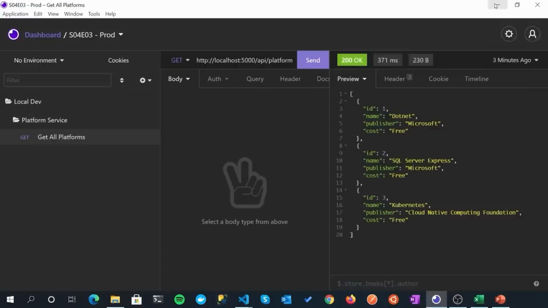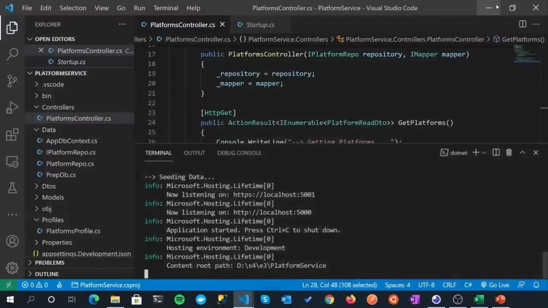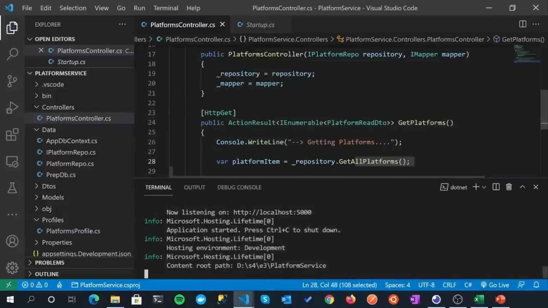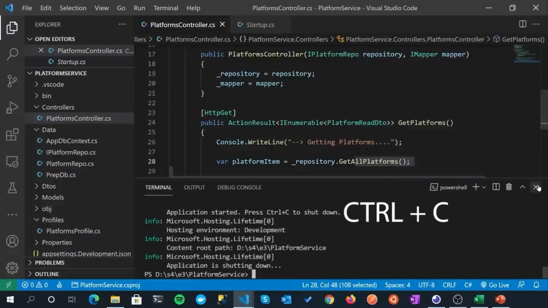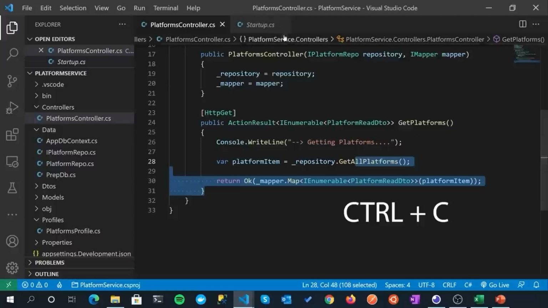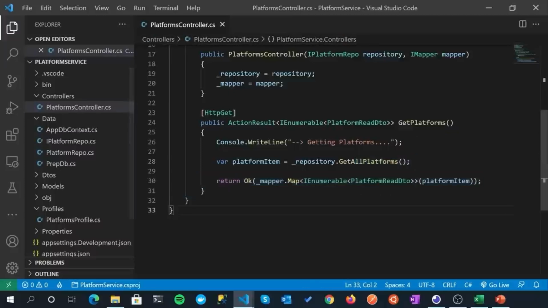All right, cool. So let's come on to finish off our controller. We'll finish it off for this section. We are going to add a lot more into it going through the course, but for now we're just going to finish off the basics and get our other two action results in place. So if, like me, your server's still running, just Control-C to take that down and get rid of the terminal. Don't need startup for the moment, and we're just going to work exclusively within our platforms controller class now.